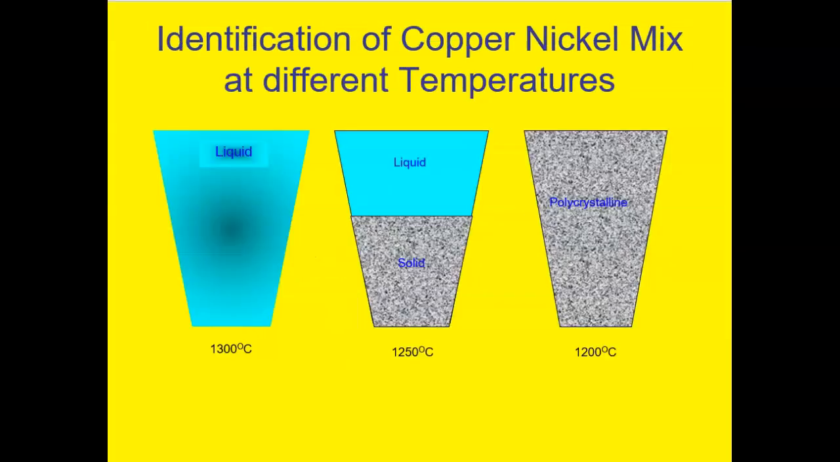Now let's have a look at that one. If the temperature is 1300, there is all liquid. When the temperature is less than 1300, 1250, there will be a liquid plus a mixture of solid. The solid will have copper and nickel. The liquid will have copper and nickel. And at that temperature, 1200, everything will be